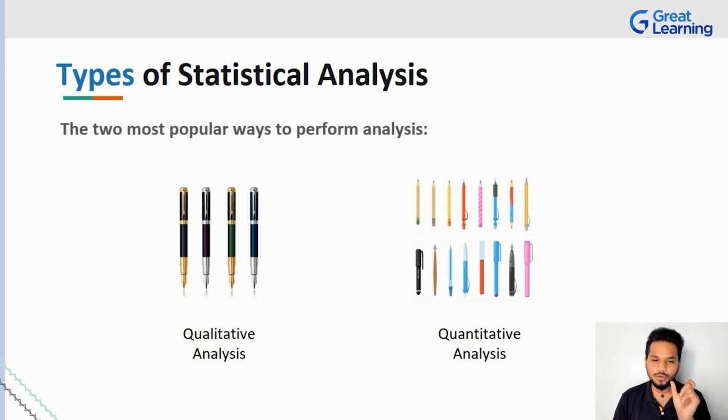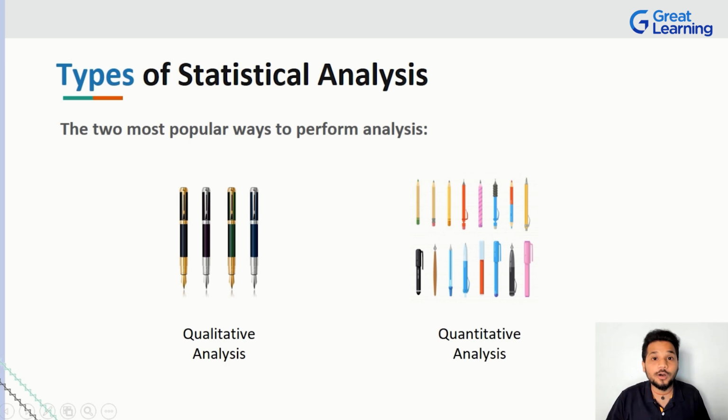Ladies and gentlemen, if you look at these individual terms in a good amount of detail, you will basically know what I mean, right? Qualitative does not talk about quantity, but quantitative talks about quantity, right? Qualitative talks about the quality of the product. Quantitative talks about the quantity of the product, right? Now, to basically give you a picture of it. Now, if I give you a couple of pens and a couple of pencils, again jumbled in a box, and if I say, hey, can you count how many pencils and how many pens I've given you?